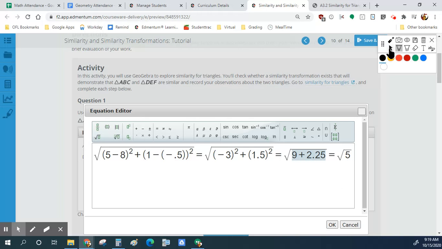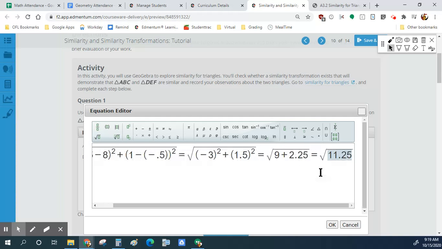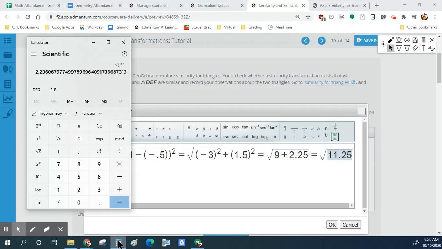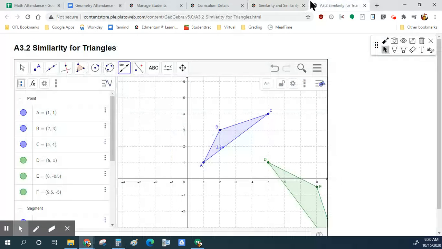All right, and let me see here. Then we're going to add those together, so that ends up being 11.25. So that would end up being our answer. Let's take the square root of 11.25. 11 1/4, square root it. We get about 3.35. So for finding DE,